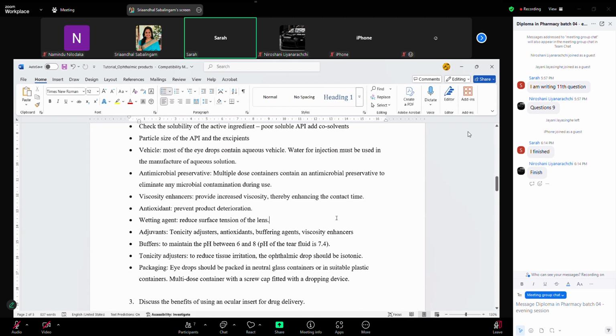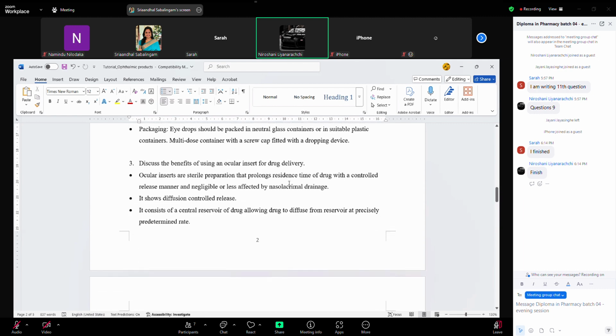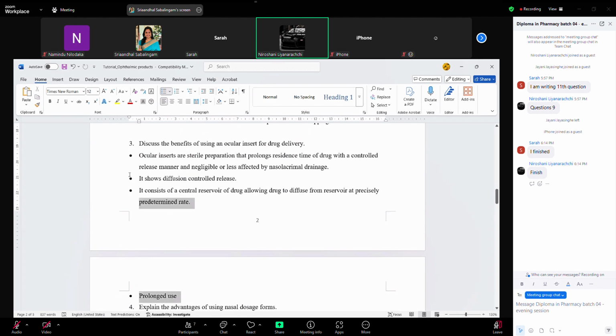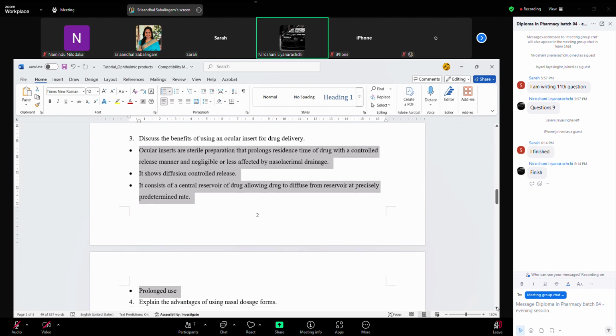Okay. Third question, discuss benefits of using ocular insert for drug delivery. Ocular insert? May I read the answer, Miss? Yeah, sure. Anyone can read. Provides a steady and prolonged release of the drug, and it minimizes the drug loss due to tear drainage, blocking and nasolacrimal drainage. It also delivers the medication directly into the site of action and reducing the systemic side